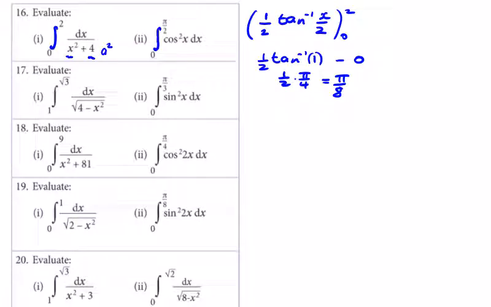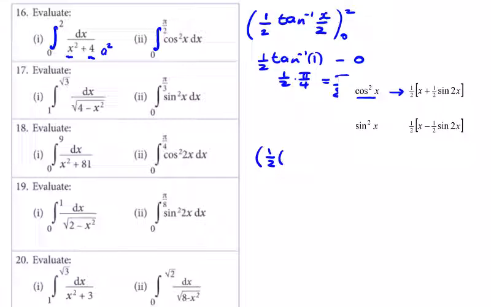Here we have the integral of cos squared x. So you can see here, cos squared x goes to, from the tables, a half times x plus a half sine 2x between pi over 2, which is 90, and 0. So we're going to get a half times, we'll leave it as pi over 2